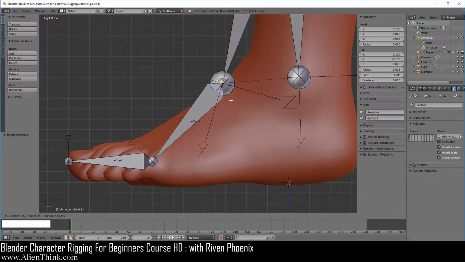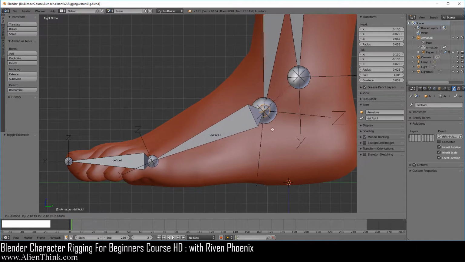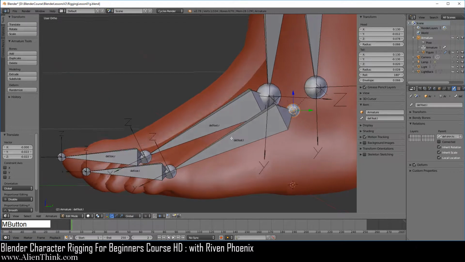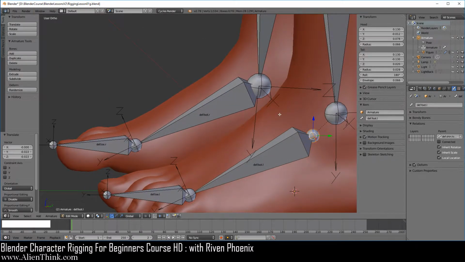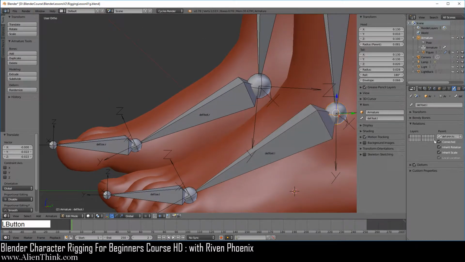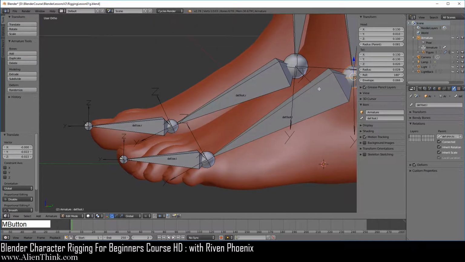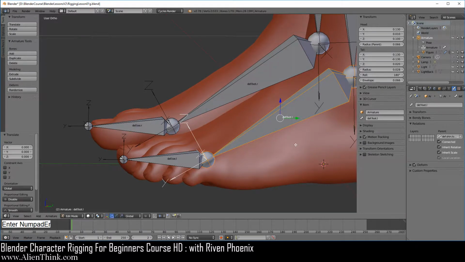Now notice that we're actually seeing the bone on the other side move with it, so it looks a bit confusing. I'm just going to left click over here to do the middle mouse button to show you that that's what that is. Now of course, if you click on connected, it'll just snap back. So make sure that you are aware of this concept. Now when we've moved it, we have to click over here, press the G key and press the enter key without moving the mouse to make sure that the foot.r mirrors it exactly.